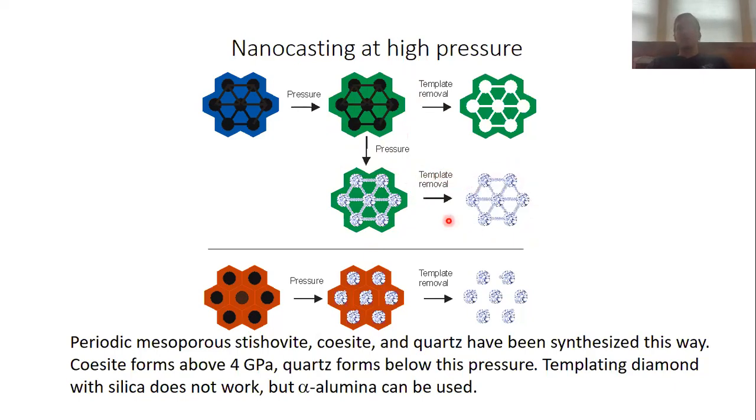But this has not actually been demonstrated yet. It's actually significantly more difficult to do because, as it turns out,